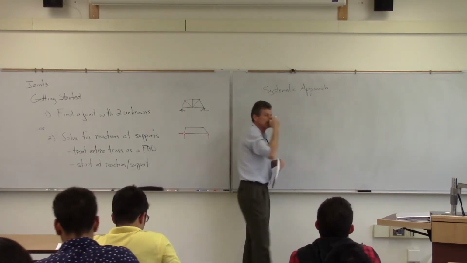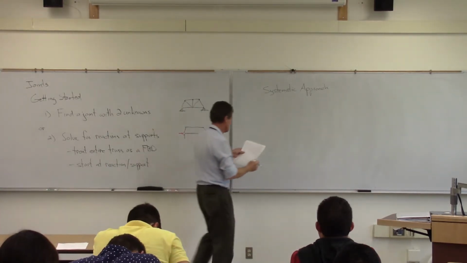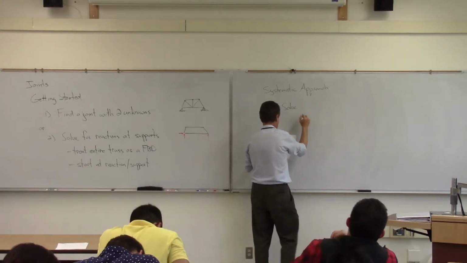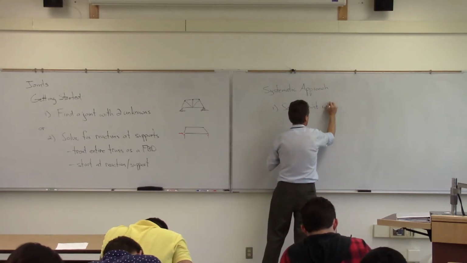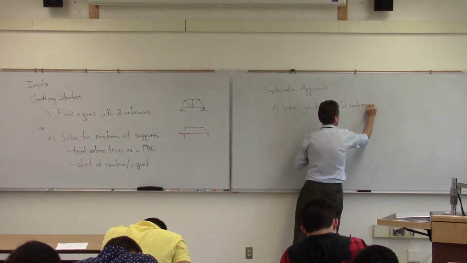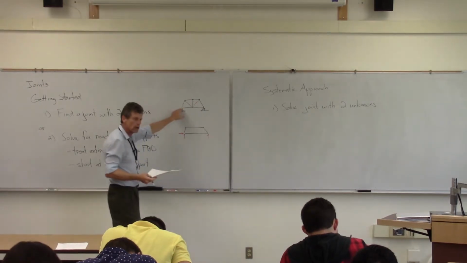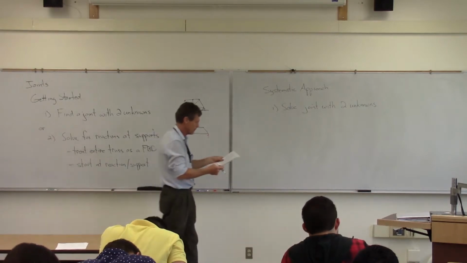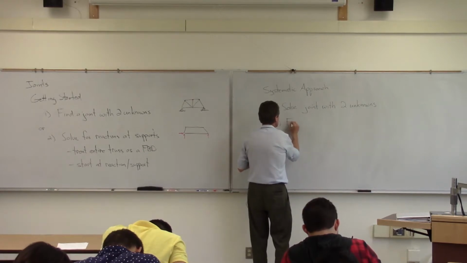Now what we'll find is that it's basically a systematic approach. We're just going to be charging along here. Our first step is to start off solving a joint with two unknowns, whether it's somewhere here or a joint hanging out in space that has two unknowns. The next step in the systematic approach